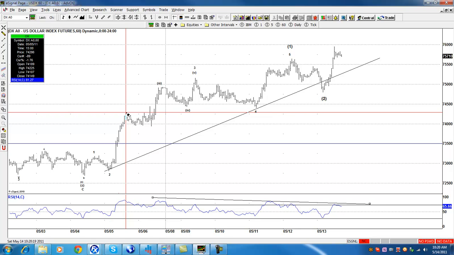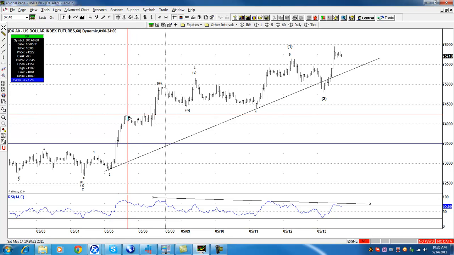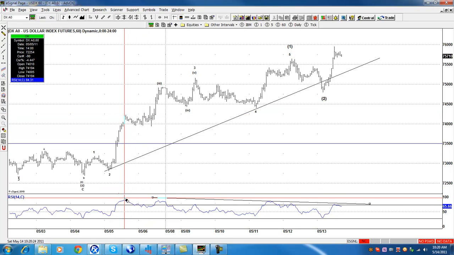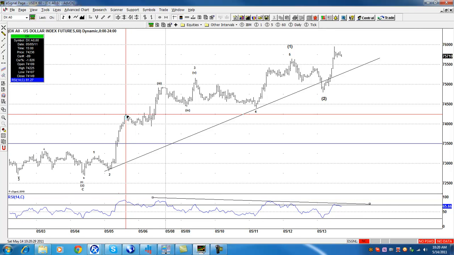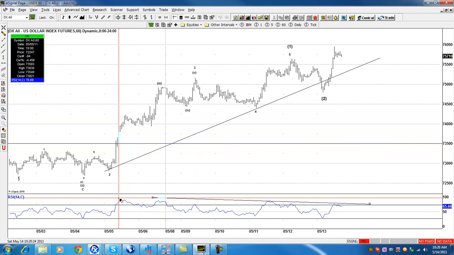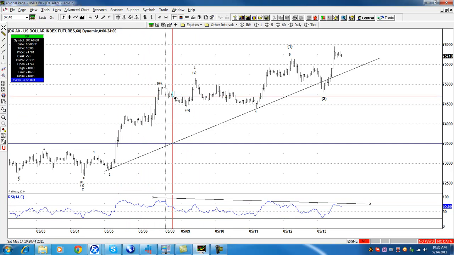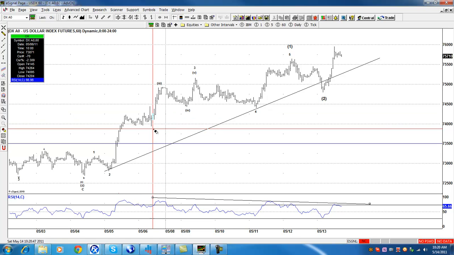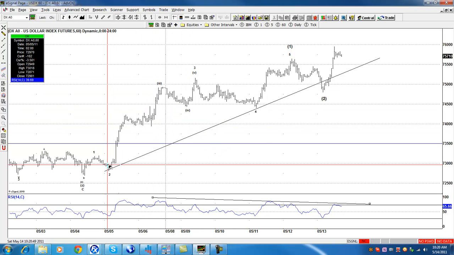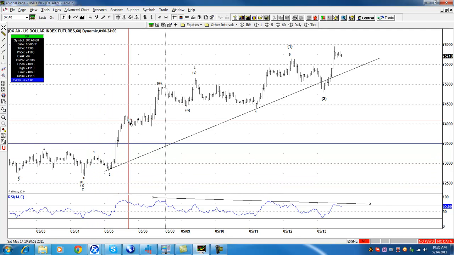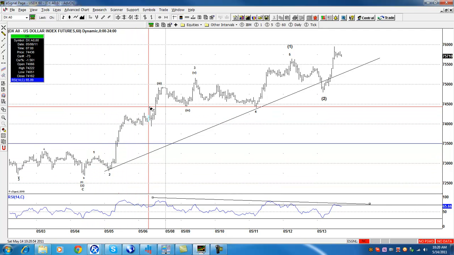Now, what happened? For those that like the RSI, since that high we have run almost, I would say almost 200 points in the US dollar index, but still have not made a new high. We are suspecting, according to the RSI, you guys can check on the side, that we're labeling this as an ending diagonal. When we got one, it goes like 1, 2, 1, 2, 3, 4, 5.